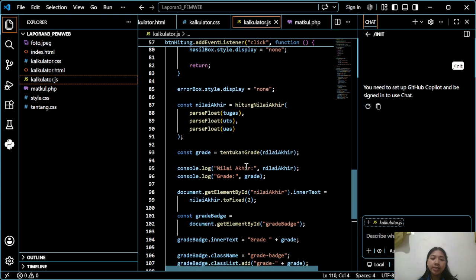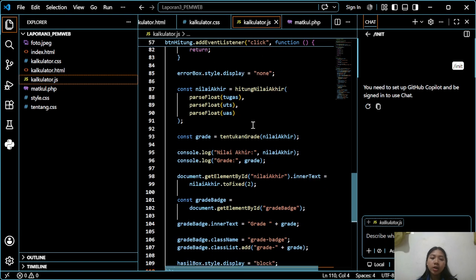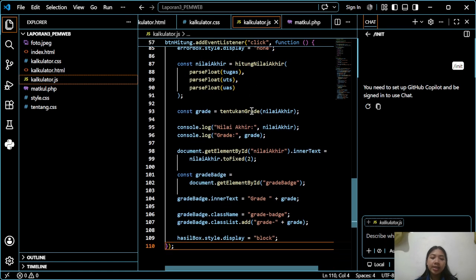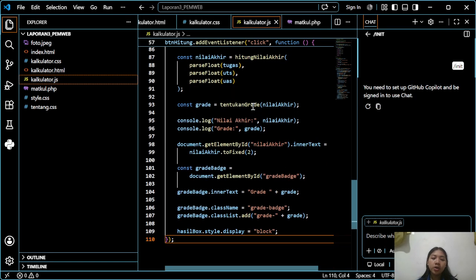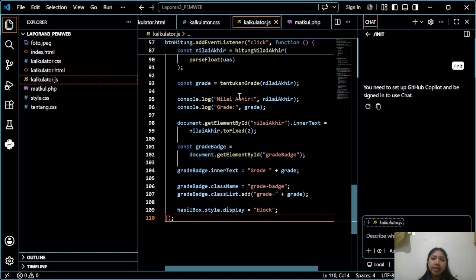This function receives 3 parameters: assignment score, midterm score, and final exam score. Then it calculates the final score based on the grading weights. The second function is tentukanGrade, or determine grade. This function converts the final score into a letter grade from A to E.